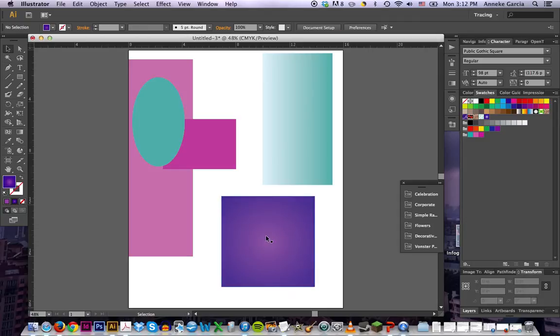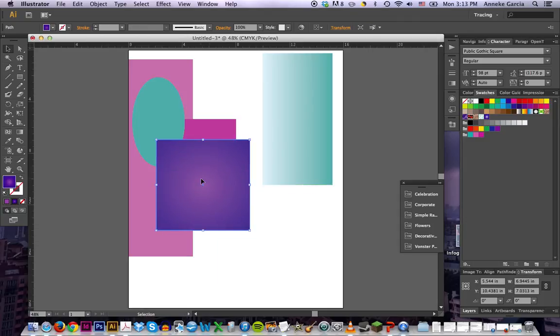So playing with those, and again, clicking on any gradient item and hitting the button G will get you to those sliders. So you can play with them. I can move the center, so it looks like my light is starting over here. I can do a lot of fun things. So there's really helpful information